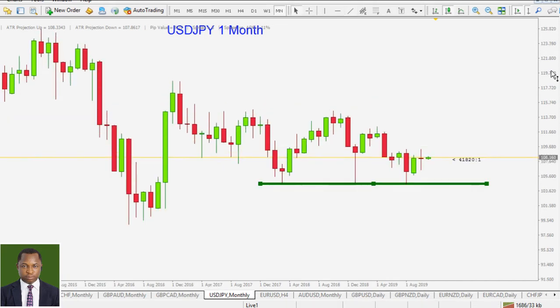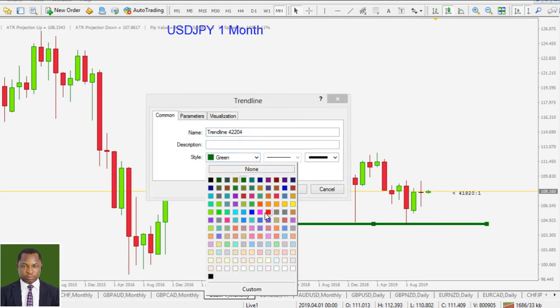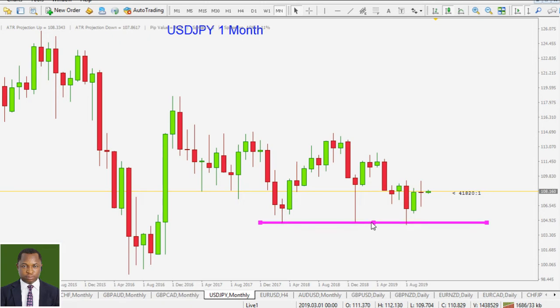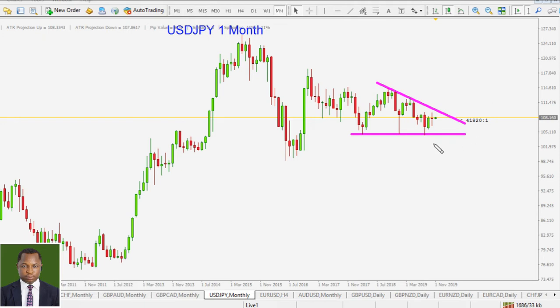Zoom in on this chart. I'm going to change this to pink. Okay, so we can again just keep this price compression, which is probably an early hint that we might be getting a breakout to the downside. So you need to be extremely careful hitting your buy button on the euro against the American dollar.